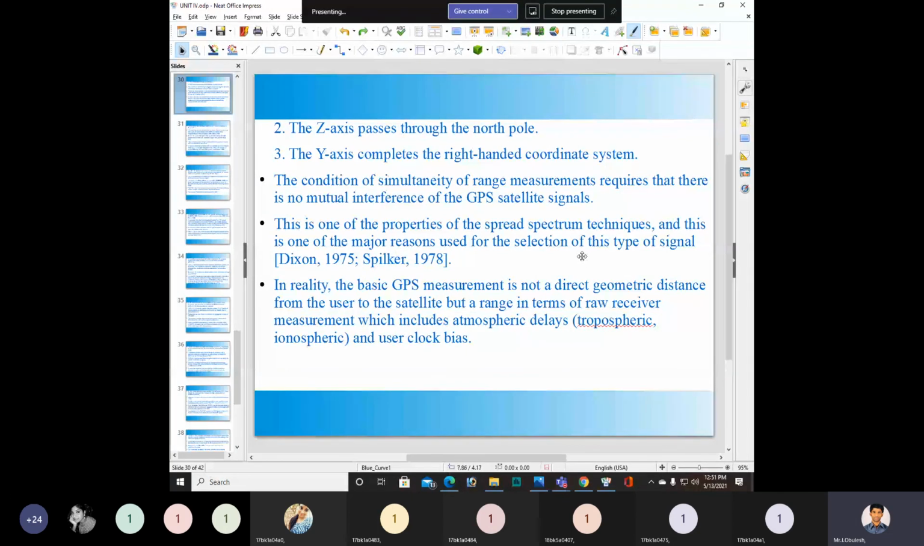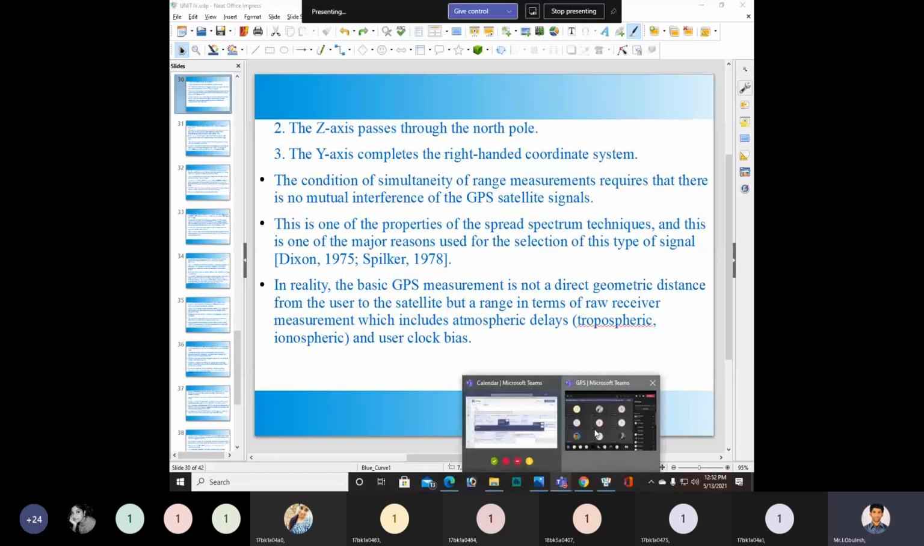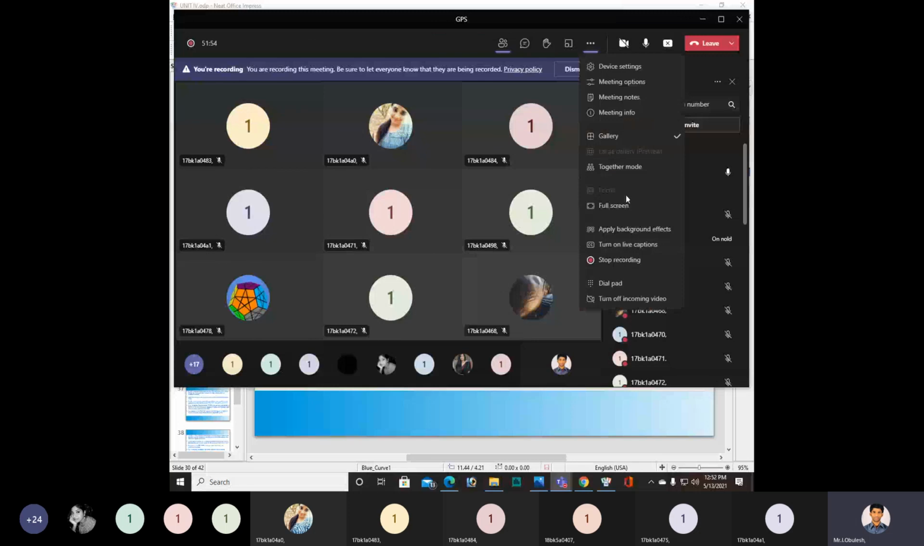In reality, the basic GPS measurement is not a direct geometric distance from the user to the satellite, but a range in terms of raw receiver measurements, which includes atmospheric delays and user clock bias. So in the next